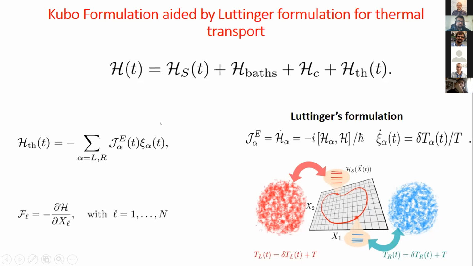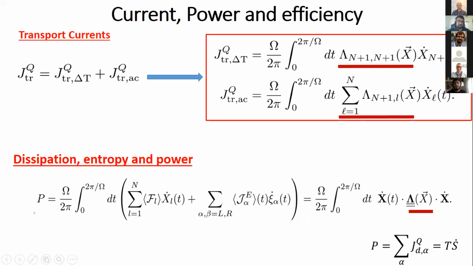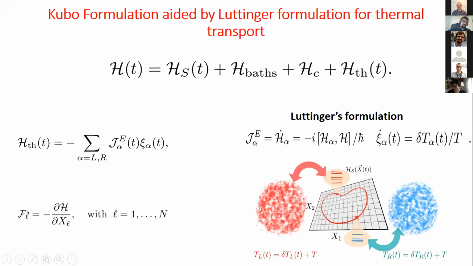So if you look at the driving, this is H_S here. So driving is done with respect to X_L, right? So these are X vector(t) which are being driven. So there are L equals 1 to N terms which are being driven. So these are energy parameters which are being driven. And F_L are the forces